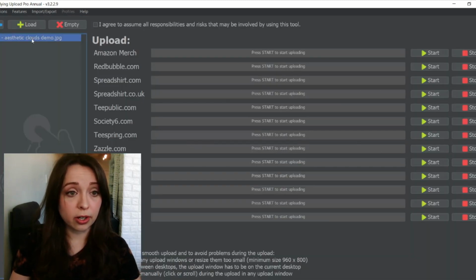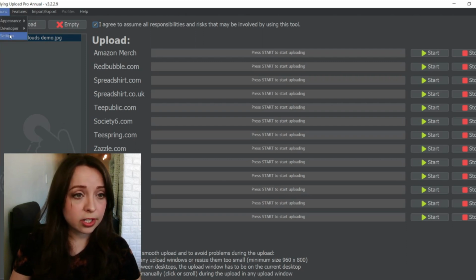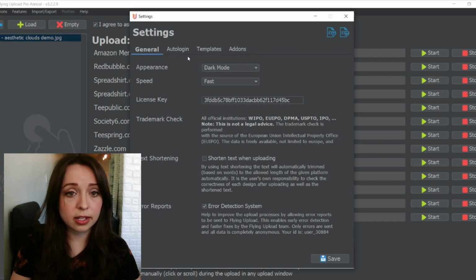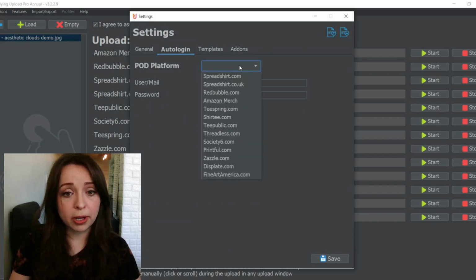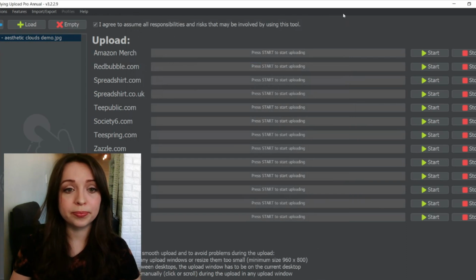I'm going to click on the design here, and you have to click on this user agreement. Oh, and actually first you have to go into the settings and auto login, and then you pick the platform here. I've got Society6, and then I put in my user email and password. I'm not going to show that right now, but I've already set that up. Now you just basically hit start,